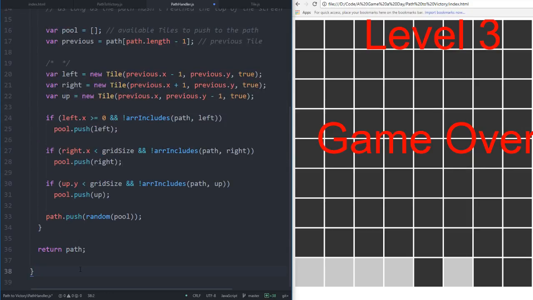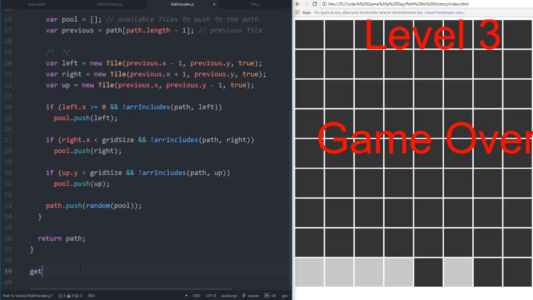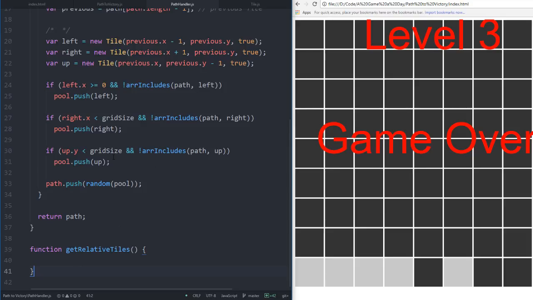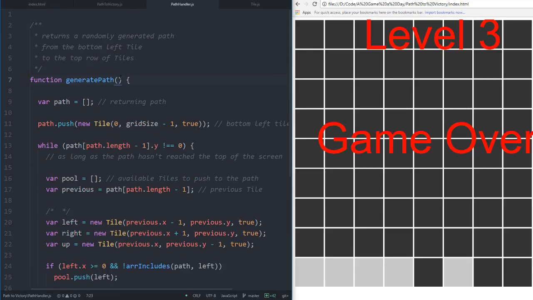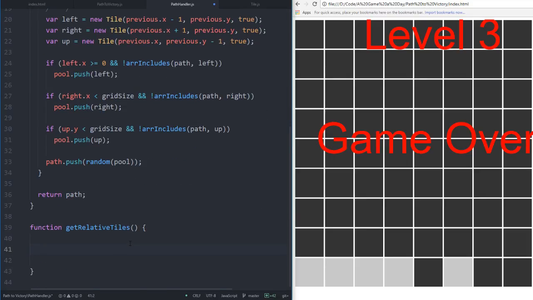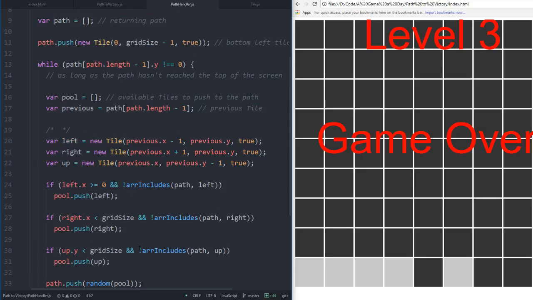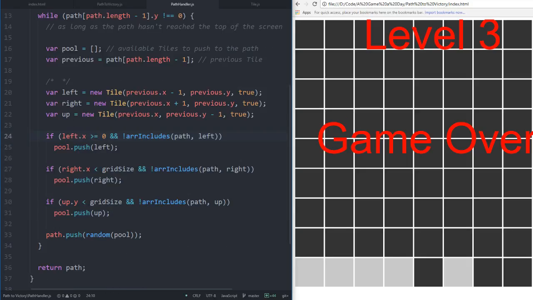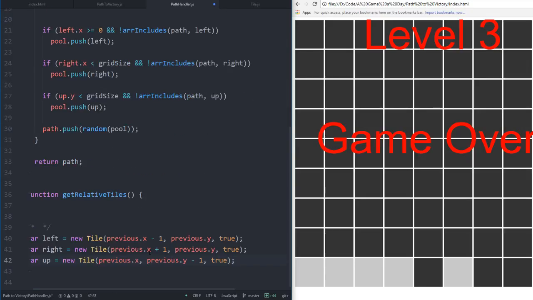Okay, let's do function get relative tiles with capital T. There we go. Okay, so grid size is something we need to pass in. I want it passed in. I don't want it any other way. Let's see. Okay, so there's got to be this, and I think what we'll have is we'll say,